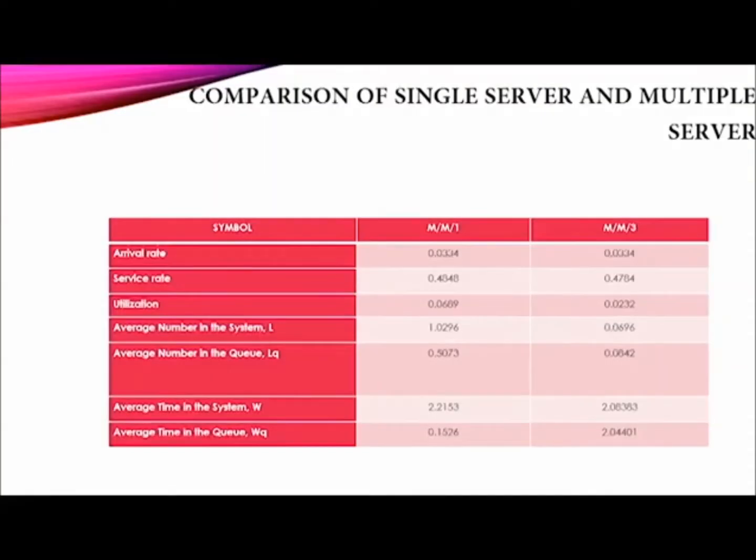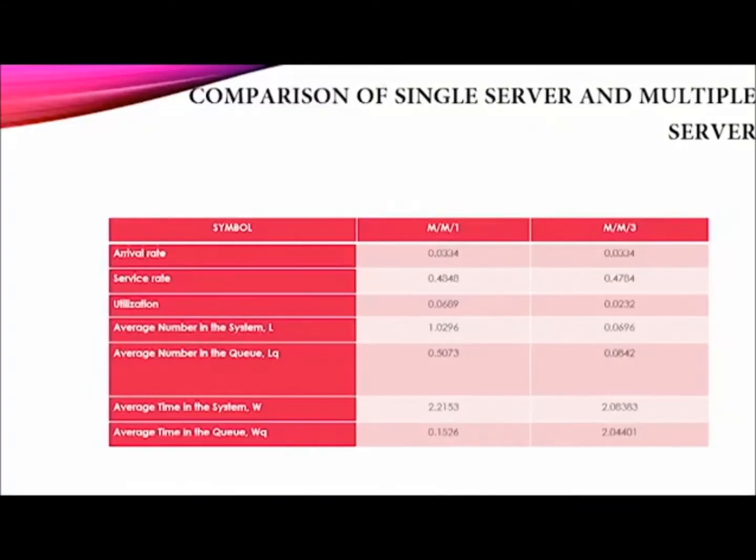So for M1, utilization is 0.0689, while for M3 it takes 0.0232. So from the utilization itself, we know that the model M3 is quite good, where the time taken to utilize the process, or when the input came to the server for being processed, is what we call low,